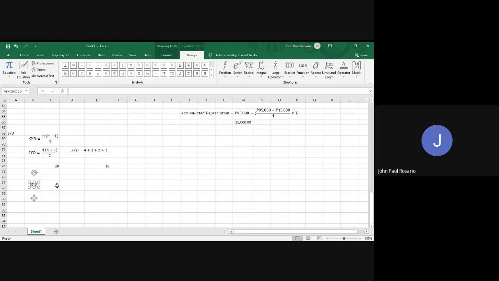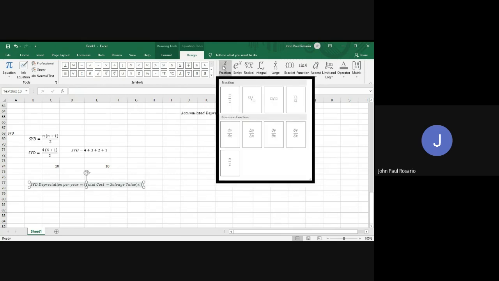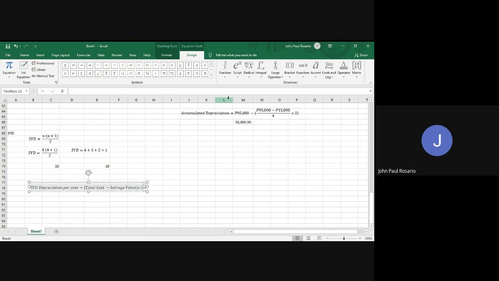So your SYD depreciation per year will be the total depreciable value, or your total cost less salvage value, and then you multiply that with the fraction: years of useful life remaining over the SYD, sum of the years digits. Okay, so if we would go to our problem,